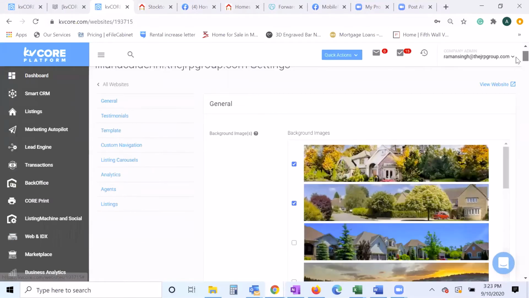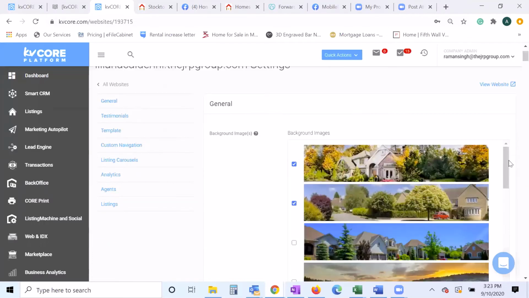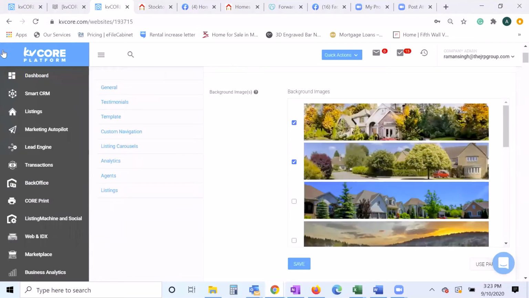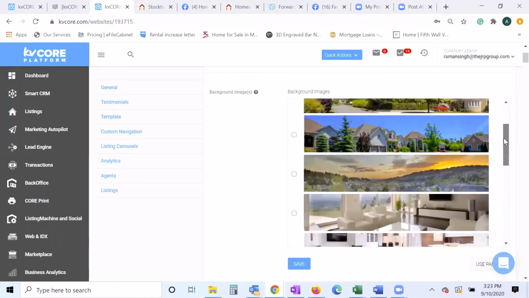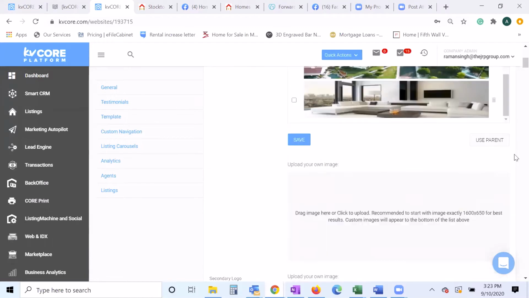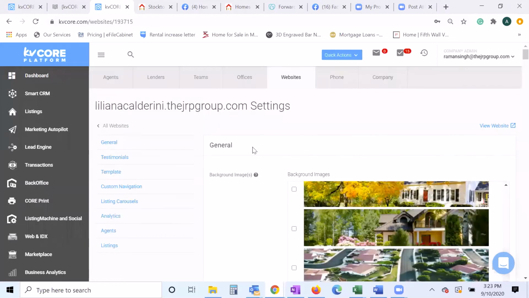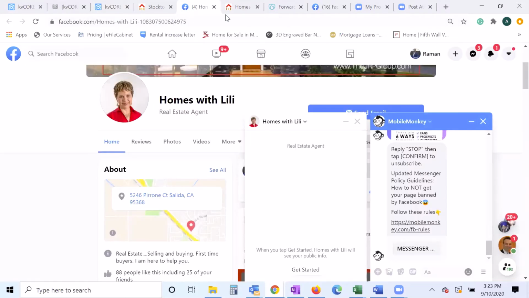This is a long scroll down. I'm going to go over the options that are important. So you can choose your background image, whatever you want it to be. There are a few options right here, and you can upload your own image as well if you want to. But this is more like if I go on Facebook and I share my, let's say,